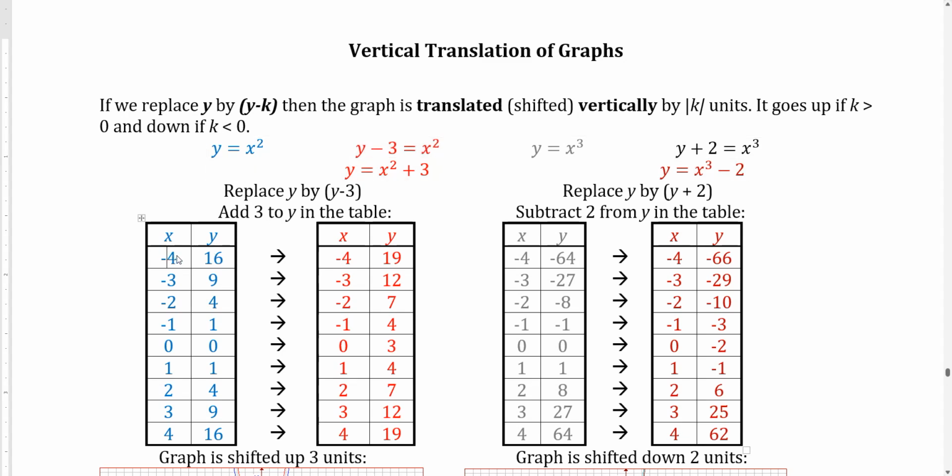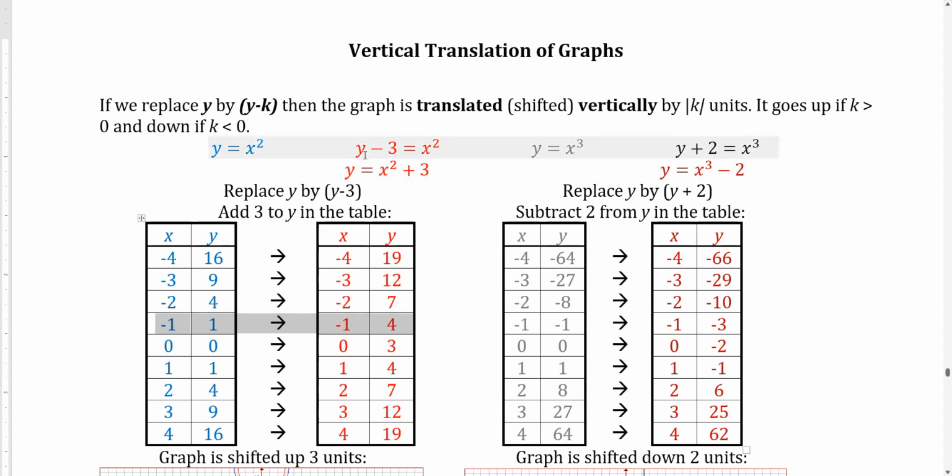So if I want to match up pre-image to image here, I need to copy my x column over so that when I line them up like this, they have the same x. X did not change, y changed. How did y change? Well, here y was replaced by y minus 3. What do you really do? You subtract 3 from y. So 16 minus 3 is 19. 9 minus,